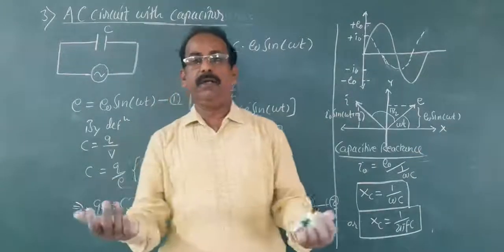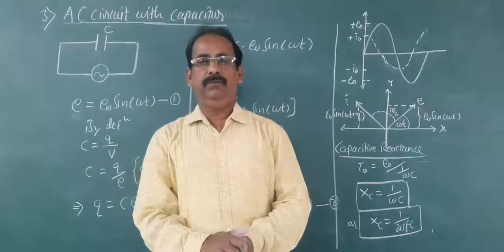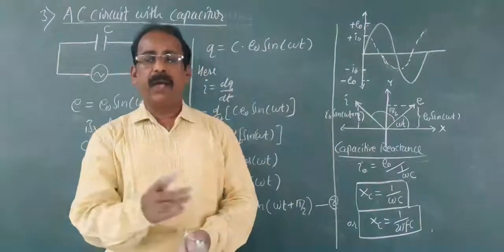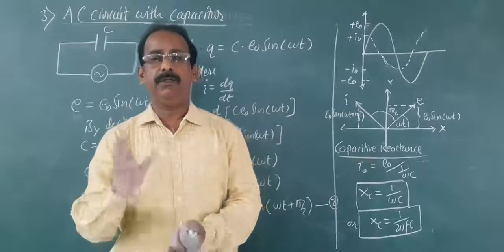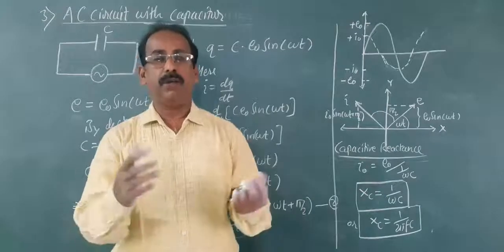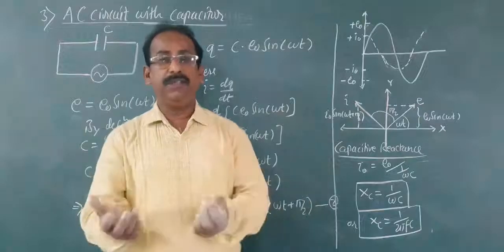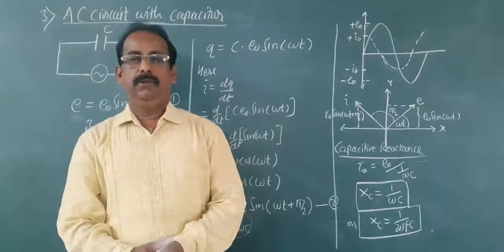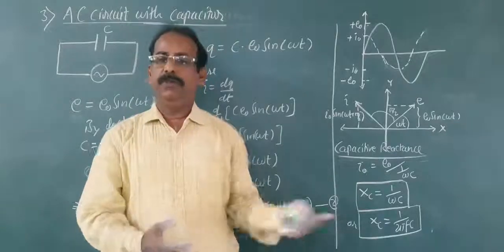When f is high, meaning the current is alternating, we get Xc minimum. It means the capacitor always offers minimum resistance to alternating current of high frequency. So the capacitor allows AC current and blocks DC current. However, an inductor allows DC current and blocks AC current. This is capacitive reactance, which is one type of resistance. Therefore, the unit is Ohm.